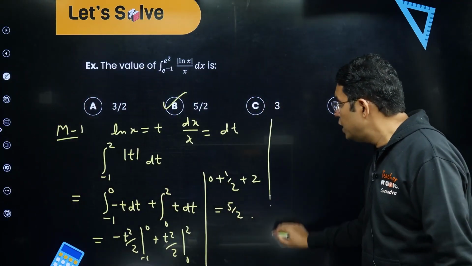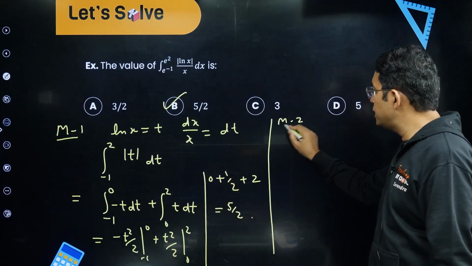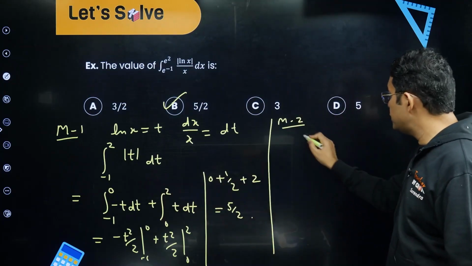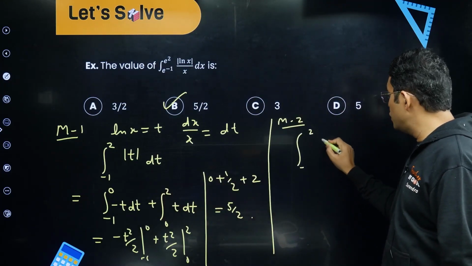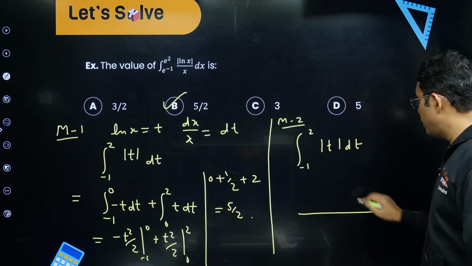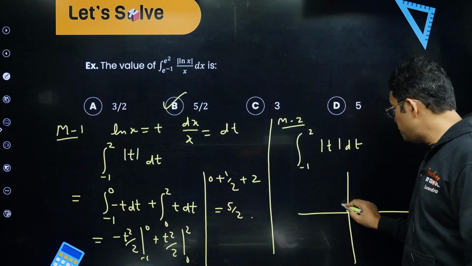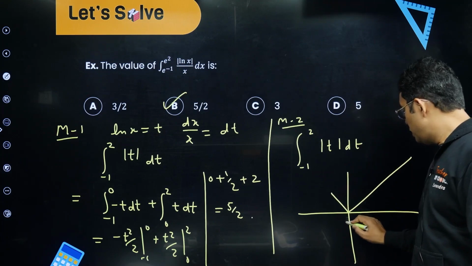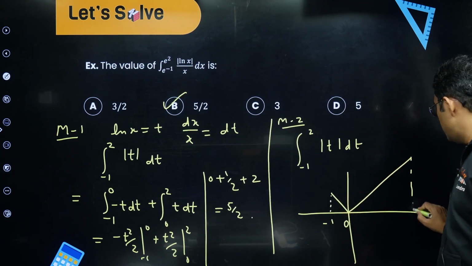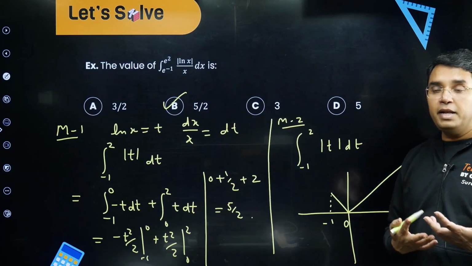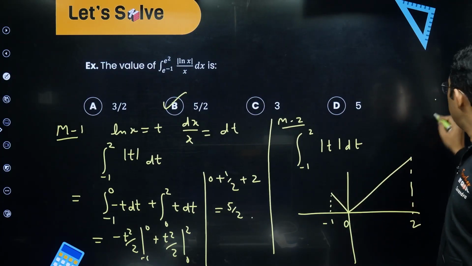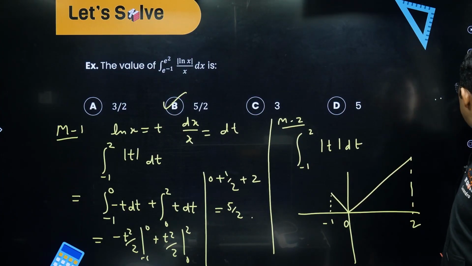Now I would like to tell you one more method of this question. Please see. At this place itself, once you know it is the integral from minus 1 to 2 of mod t dt, we know how the graph of mod t looks. It is a V shape at 0, and our integration is from minus 1 until 2, and we know the meaning of definite integration by area. So the value of this definite integration will be given by